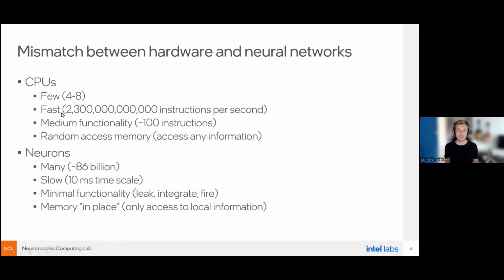CPUs are super fast. This is from a number I found for one of the top computers a few years ago: 2.3 million instructions per second. A neuron is very slow compared to that. On a time scale of 10 milliseconds, you have about 10 spikes, bring up a new spike. Not much going on. In the CPU you have sort of a medium functionality set: about 100 instructions that you can apply to input, maybe do things without input. Whereas neurons, there are different types of neurons, but they don't do many different things. You can model them with just leaky integrate-and-fire models,